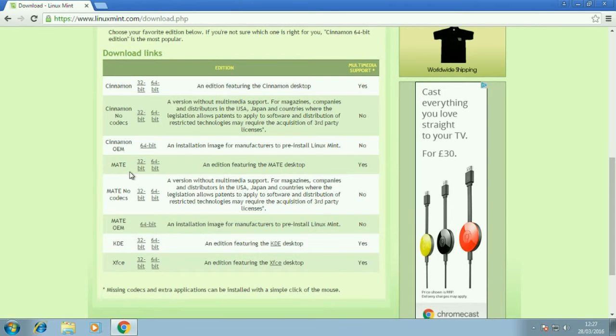So we've got two options here. We can have no codecs or with the codecs. In other words, we can play music and videos and whatever else. So I'm going to go ahead and download the one with multimedia support, and I'm going to choose the 64-bit